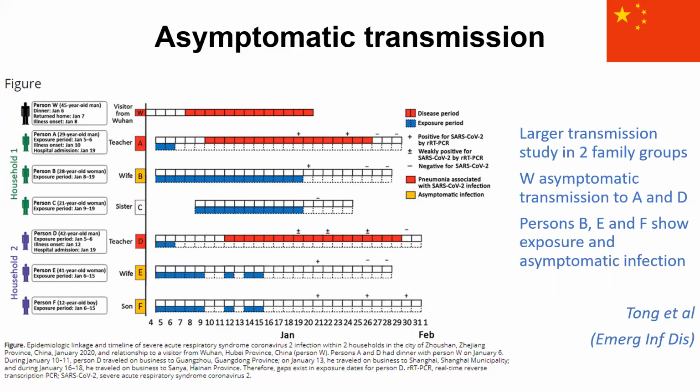Interestingly, A has contact with person B, and person B has a period of asymptomatic and symptomatic transmission and later a positive PCR. However, both E and F have never developed any symptoms, but also have positive PCR, showing that there's possibly a relatively high proportion of people who are infected but asymptomatic. So although these studies are very small, they provide an extremely detailed picture of asymptomatic transmission and good evidence that asymptomatic transmission can occur. So it's important to know what proportion of people have asymptomatic infection and are potentially at risk of transmitting the infection to others.